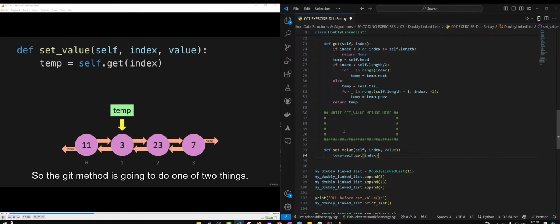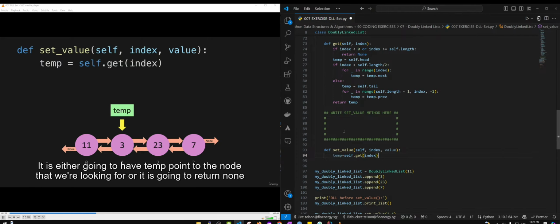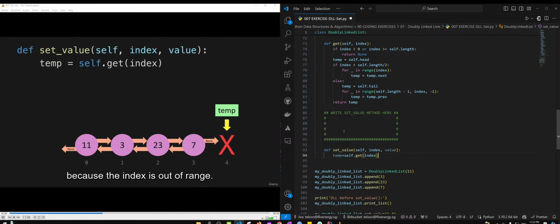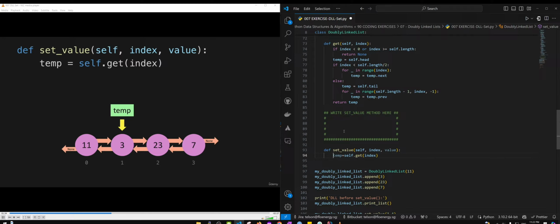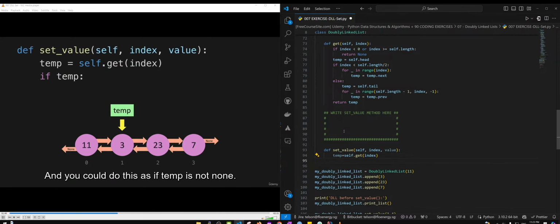So the get method is going to do one of two things. It is either going to have temp point to the node that we're looking for, or it is going to return none because the index is out of range. So we have to test this with an if statement to see is temp equal to none, or is it pointing at a node. So we'll say if temp, and you could do this as if temp is not none,